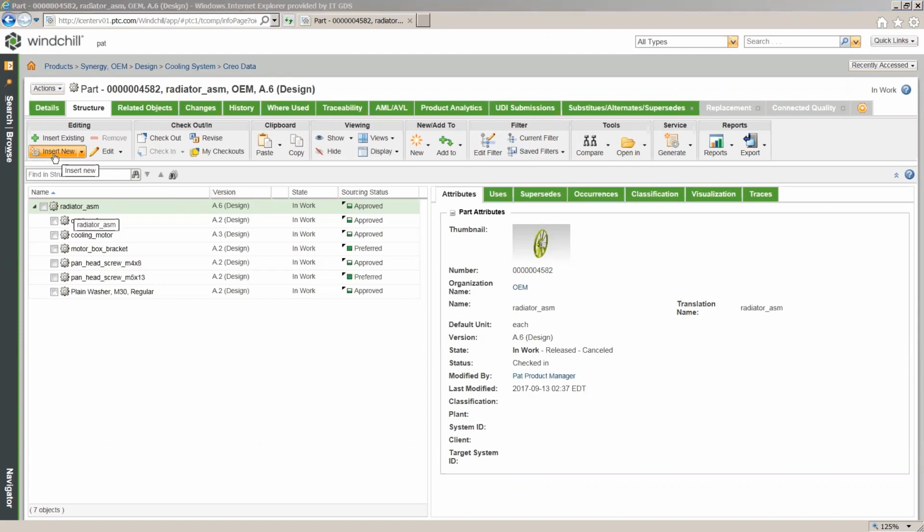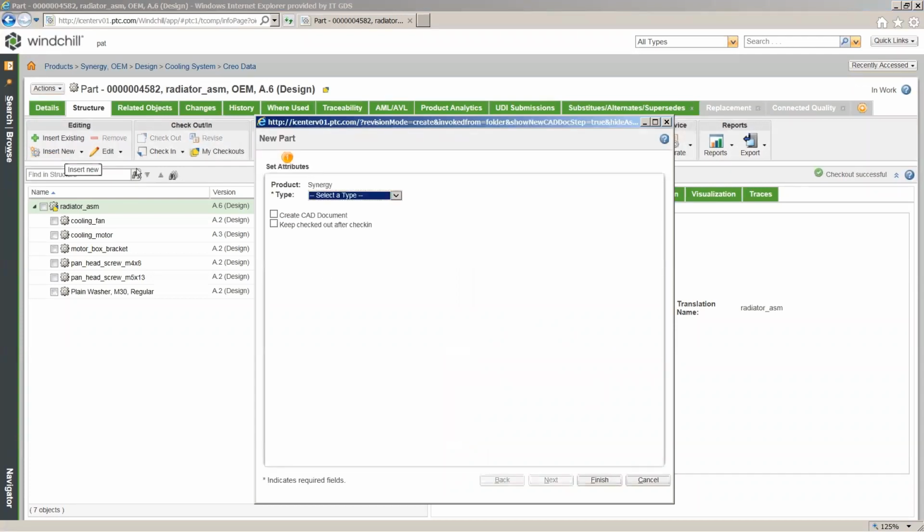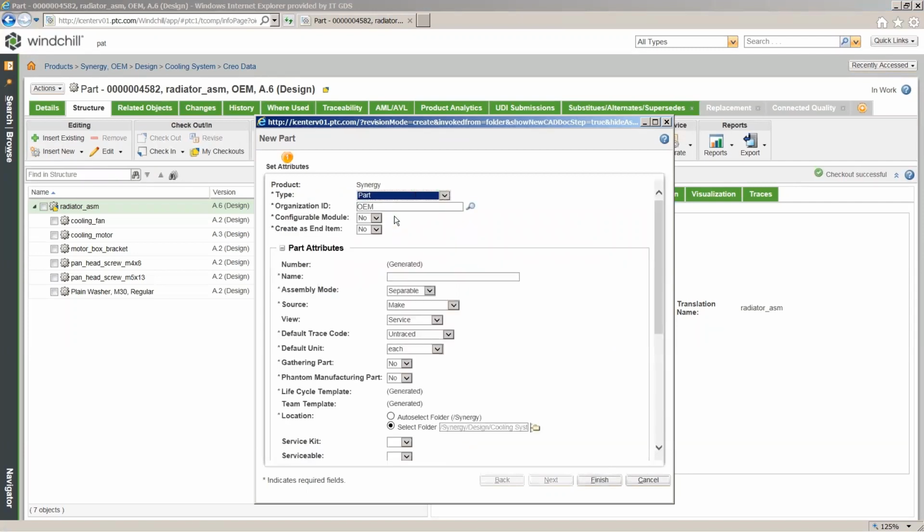Now from there, I went to the Where Used tab for that washer, and then I just clicked on the radiator, because this is the actual assembly that washer is being used on. And what we can do from here, within this product structure, is go ahead and insert a new part in this structure. The reason that we're doing this is because we're going to create a new part, and then you're going to see how we would be able to classify that as we add it to the system. So what I'm going to do is select a standard part, and there's different information here